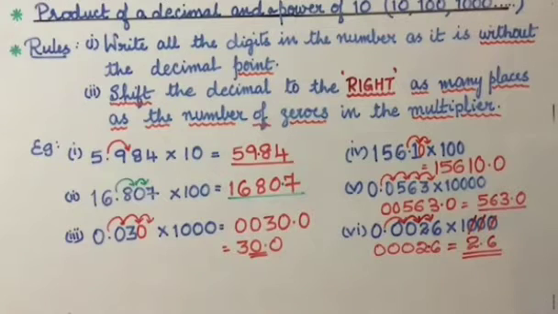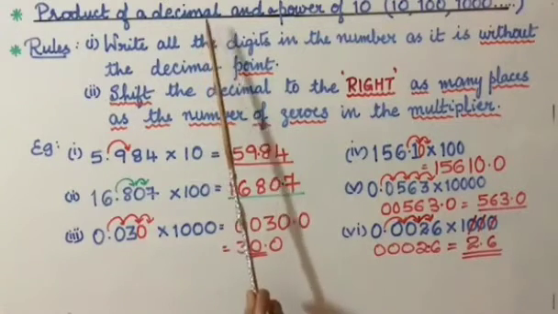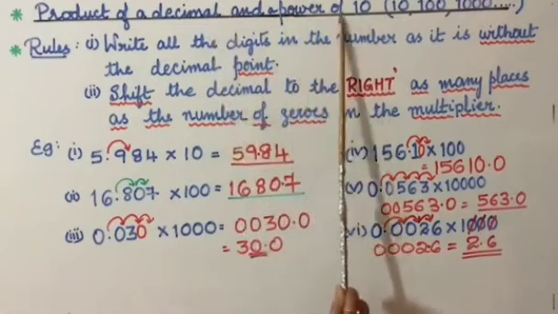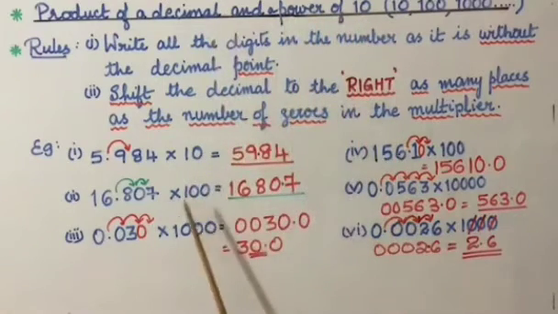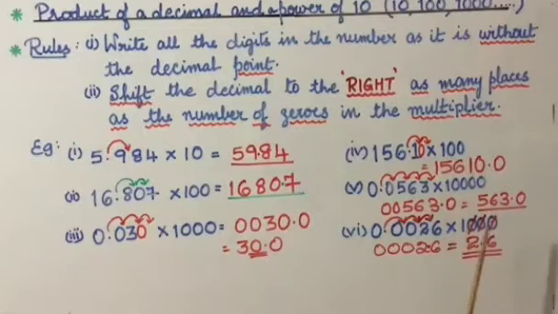Please carefully go through once again, and then we'll move on to product of a decimal number by a whole number. So far we did product of decimal number by power of 10. All these are powers of 10. I think now all of you are familiar with what powers of 10 means. Okay, fine. Shall we move on? Okay, now